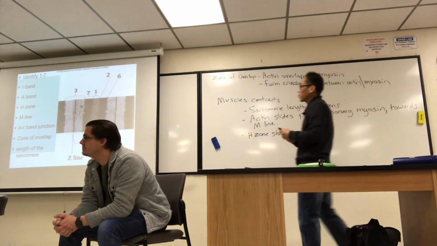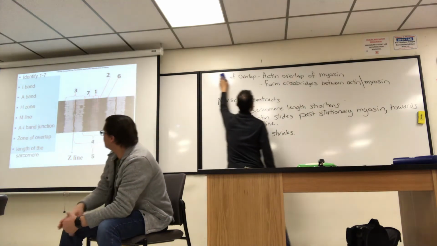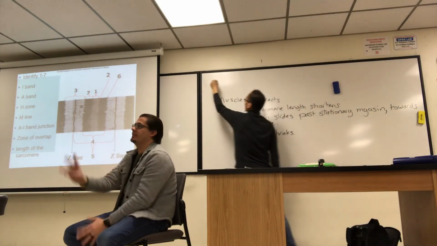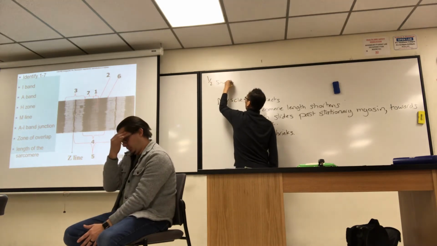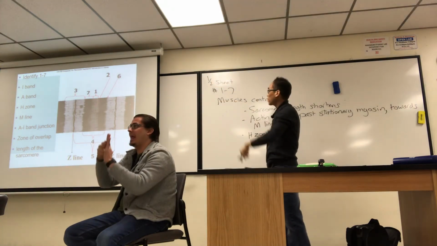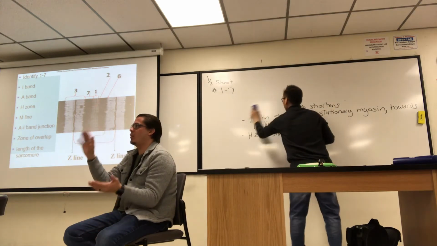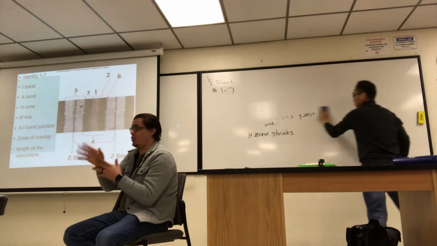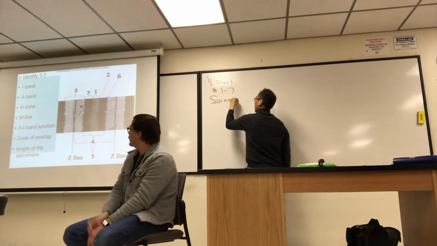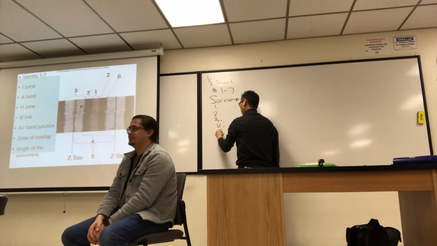So on your half sheet, number it 1 to 7. So number it 1 to 7 and label each one, right? And call it sarcomere. One, two, three, four, five, 6,